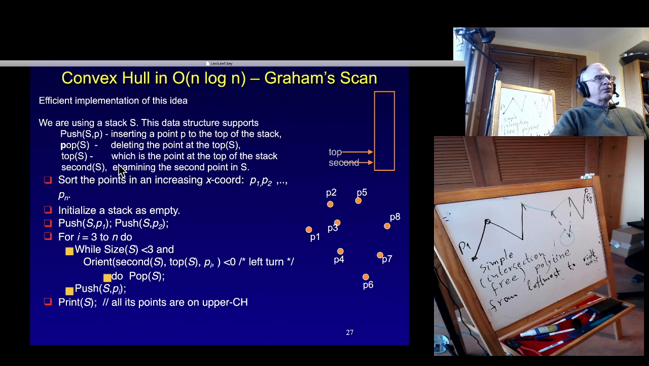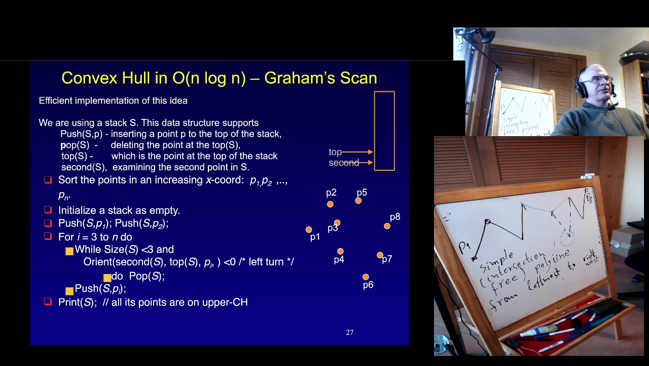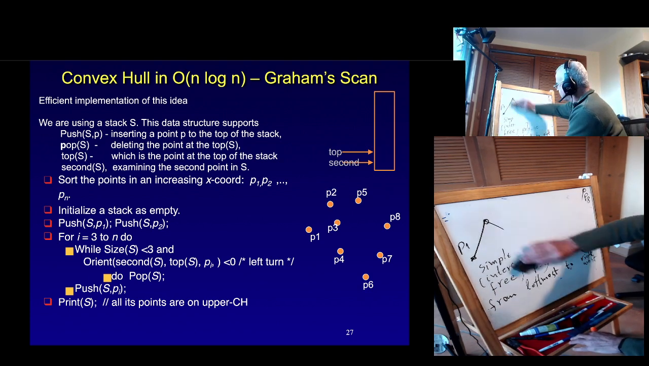In a formal stack, we don't have access to the second point in the stack. Here in this algorithm, I'll make this little change that says you are allowed to see a point which is not at the top, but second from the top of the stack. That is, if my stack contains,